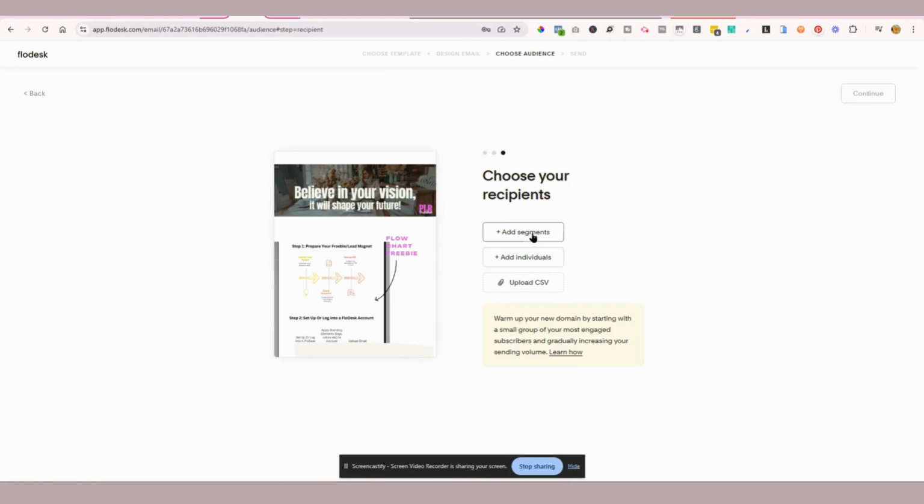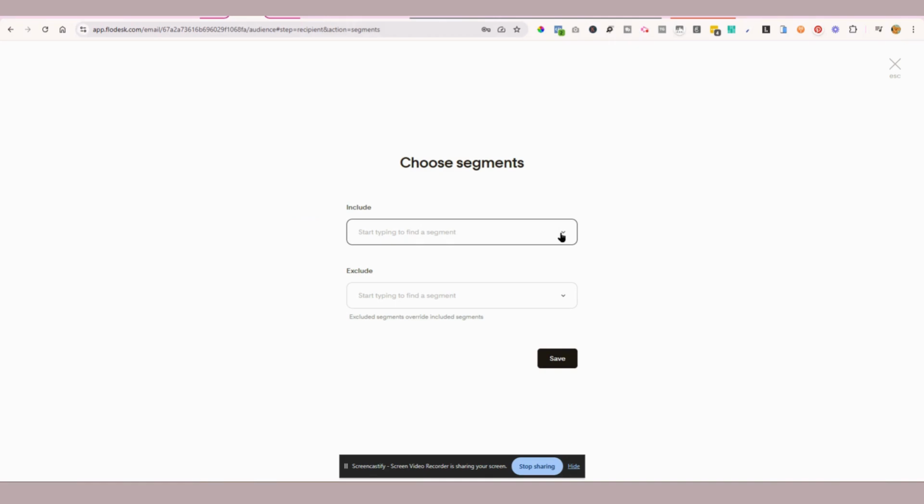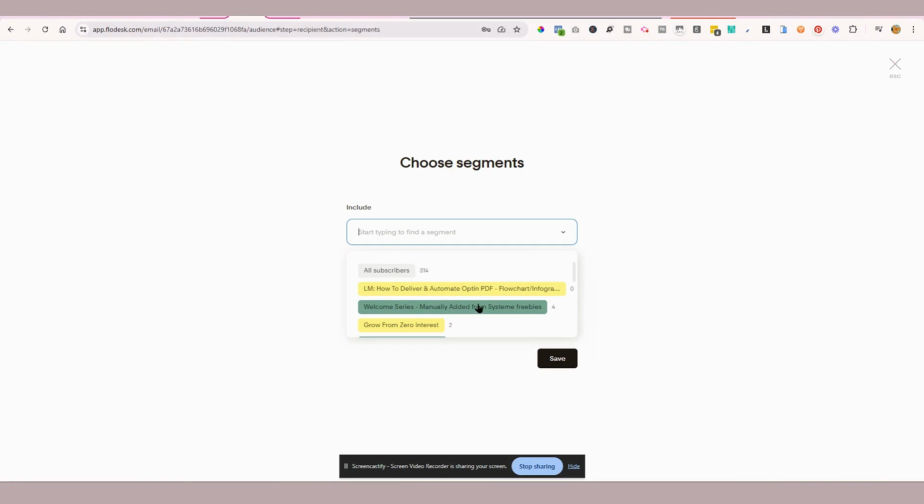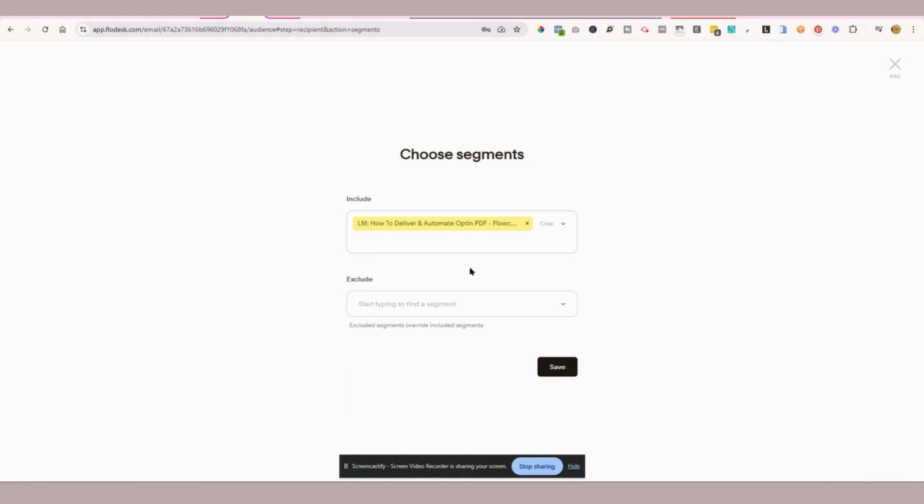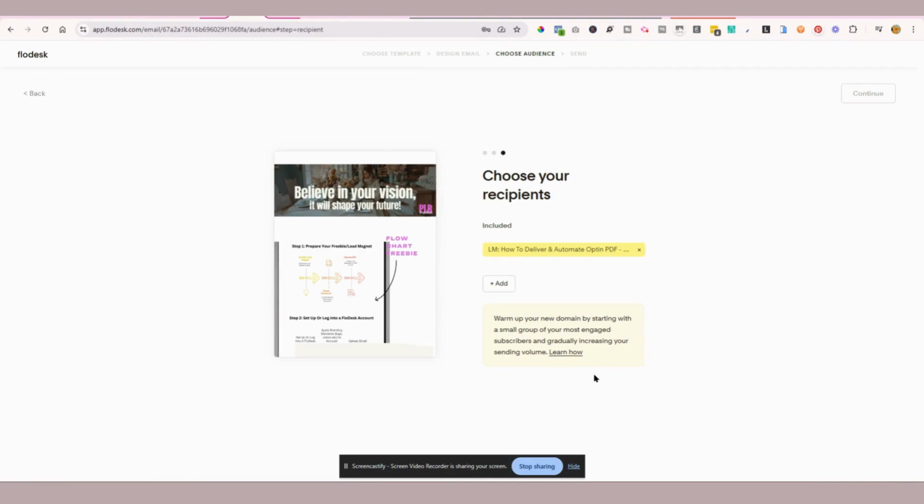Choose your recipient. So this is where you want to choose the email list that you created. Remember, it's called segments in FloDesk. You can use the drop down arrow here and let's look for the list that we created. There it is, flowchart infographic, and save. And that's it. Okay, so now we go back to,